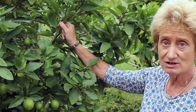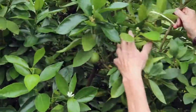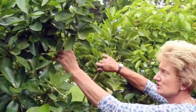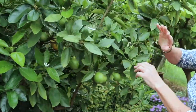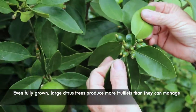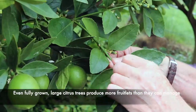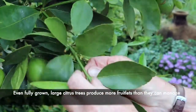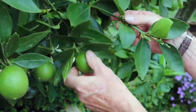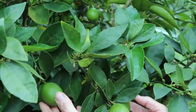This is my 15-year-old Tahitian lime tree, and you can see it's got plenty of fruit set right the way through, enough fruit for us because I've disbudded it last year. But this year it has produced a massive amount of fruit again, and there's no way that even a tree this size can manage all this fruit that's set on the end. So I'm just going to go through roughly and take off some extra fruit, so I've got 2 or 3 or 4 like I've left here on the end of each branch,